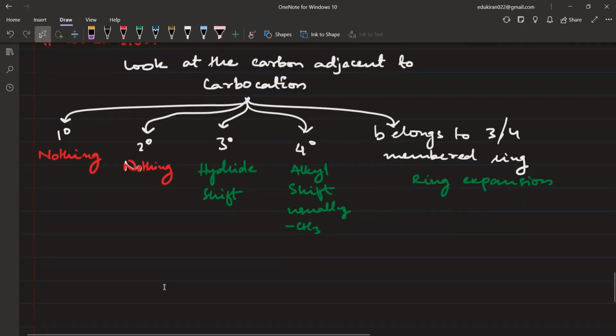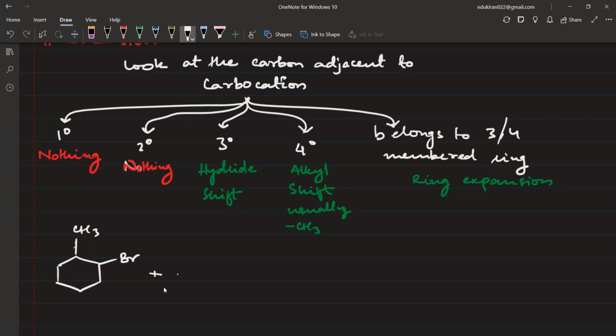चलिए अब एक सवाल देखते हैं और अप्लाई करते हैं यहाँ पे कि प्रोडक्ट कैसे बनेगा। लेट अस हैव दिस मॉलिक्यूल लाइक दिस, we have a CH3 group here and a Br group here, and we are reacting this with aqueous KOH. प्लीज याद रखिए ये बेंजीन रिंग नहीं, ये साइक्लोहेक्सेन या फिर 6 मेंबर्ड रिंग है, ठीक है। नाउ रिंग देख के ऐसा नहीं कि आपके ऊपर बहुत सवार हो गया कि रिंग एक्सपेंशन करेंगे सर, यहाँ तो रिंग आ गया, ऐसा नहीं करना है। आप लोग आराम से प्लीज फॉलो ऑल ऑफ दीज स्टेप्स। ओके, लुक एट द कार्बन एटम एडजेसेंट टू कार्बोकेटाइन, इफ इट इज 1 डिग्री, ये बिल्कुल चूज दिस थिंग,